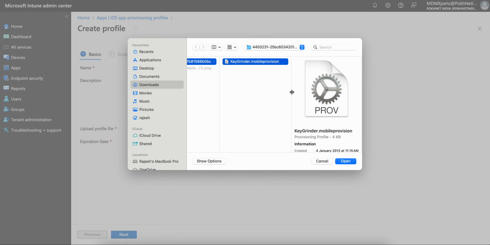You must have this .mobileprovision file, which you will get from your developer. You can ask your developers to provide an Apple configuration profile with the extension .mobileprovision that the developer can download. I'm assuming that you are not a developer, but in case you are a developer, you can download it from the Apple developer website. So where is the website? Let's just upload it here